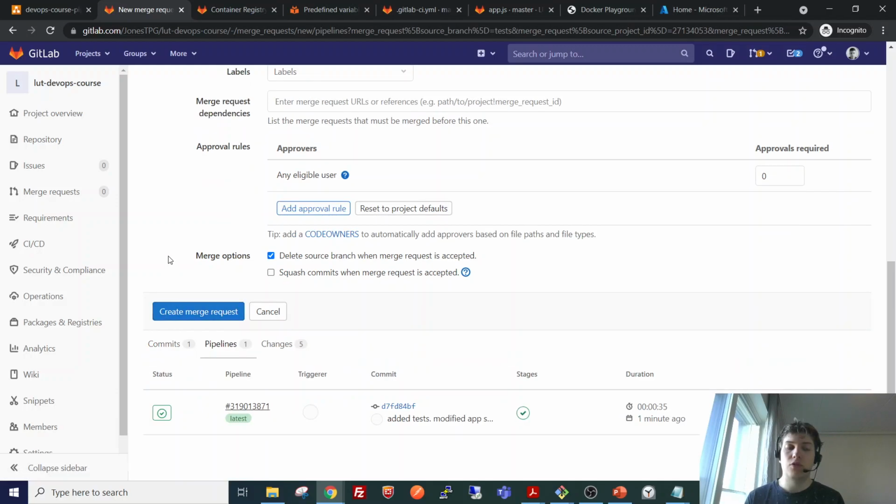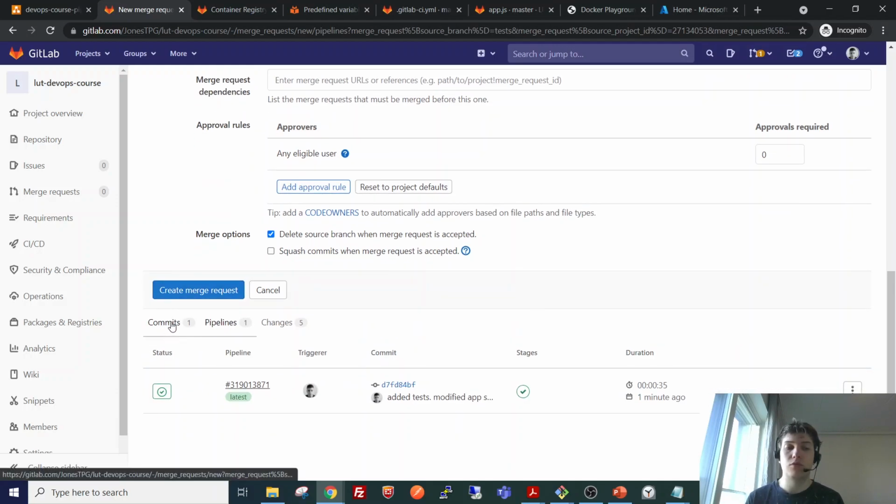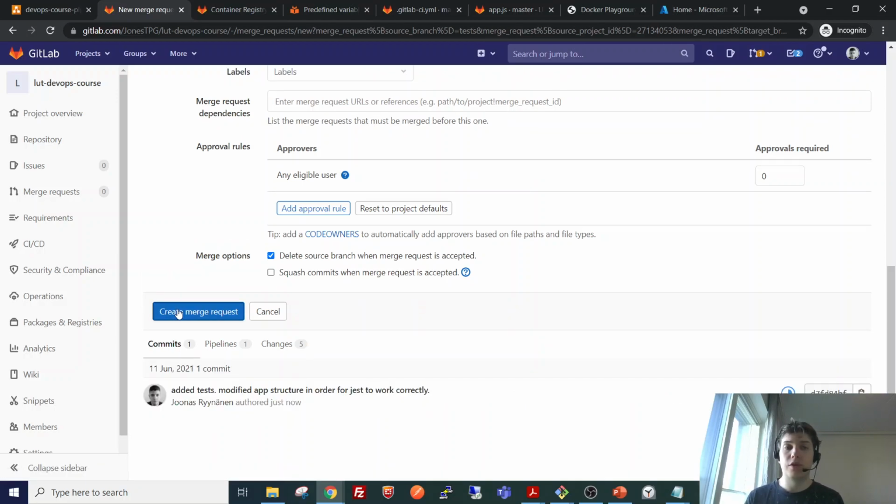Okay, but let's go ahead and create the merge request, and by accessing this pipeline step, we can actually see that the pipeline has run on this branch. So it seems that the default GitLab configuration runs the pipeline on every branch that is created and every push that is made to any branch.